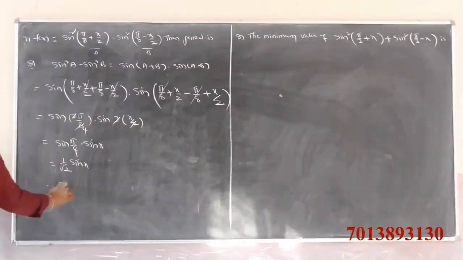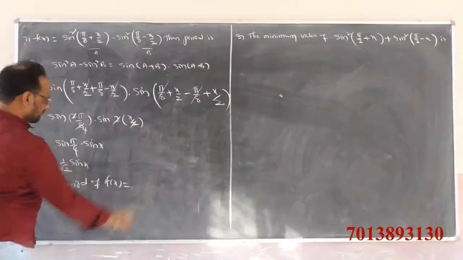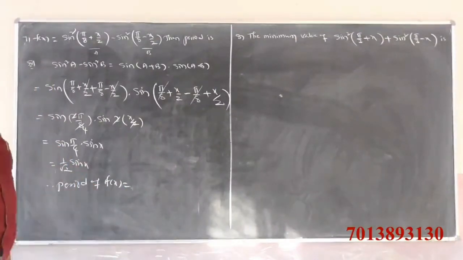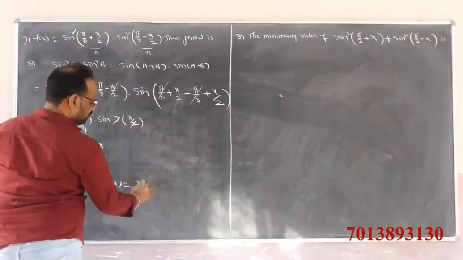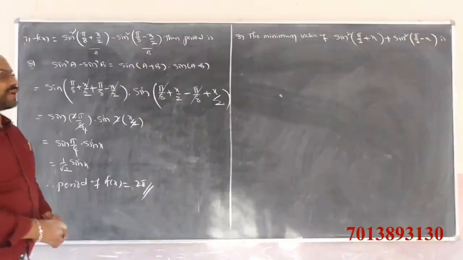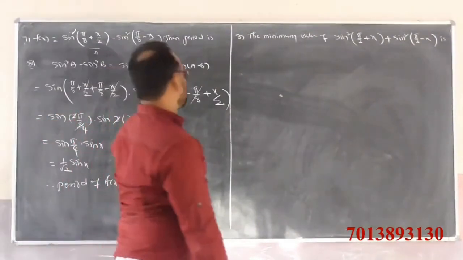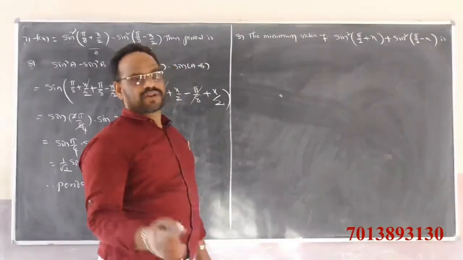Therefore, what is the period of f of x? What is the period of sin x? Clearly, the period of sin x is 2 pi. So the period of the given function f of x is also 2 pi. Next, the minimum value of sin square pi by 3 plus sin square (pi by 3 plus x)